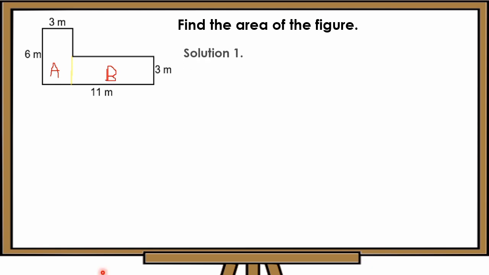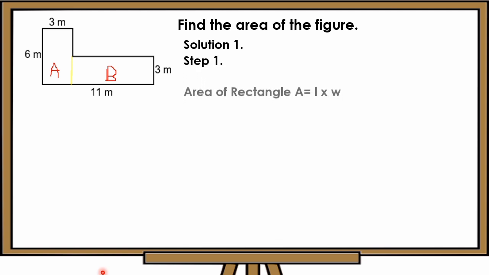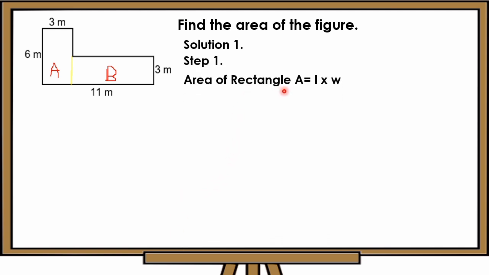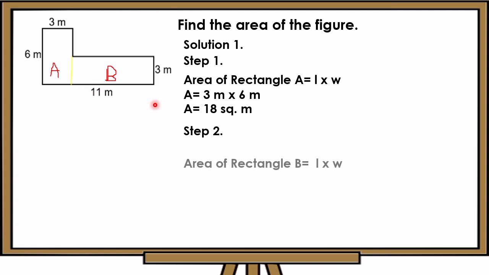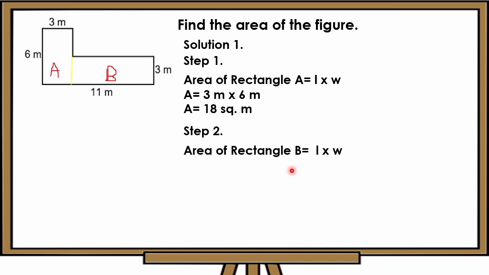So, let's solve. Solution 1, step 1. Area of rectangle A, this one, is equals to length times width. Area is equals to 3 meters times 6 meters. So, 3 times 6 is equals to 18 square meters. For step 2, so we will get the area of this rectangle B. So, the solution is